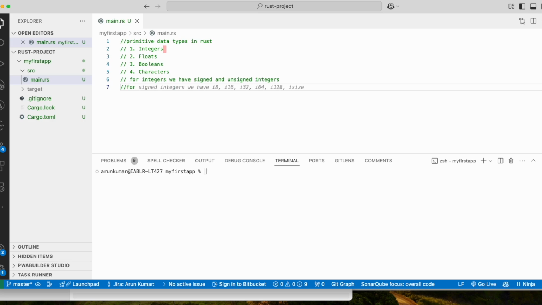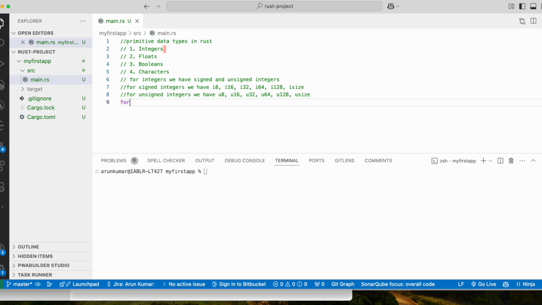For signed integers we have from i8 to i128 and isize, and for unsigned we have from u8 to u128 and usize. So isize and usize are dependent on the architecture of the operating system on which you are working. We will discuss them later. So today we are going to discuss